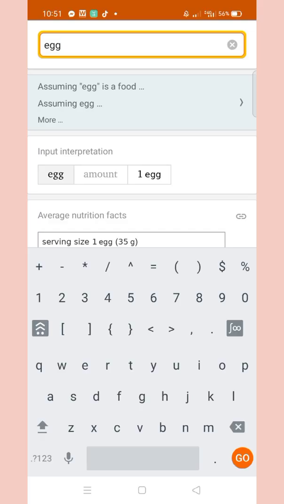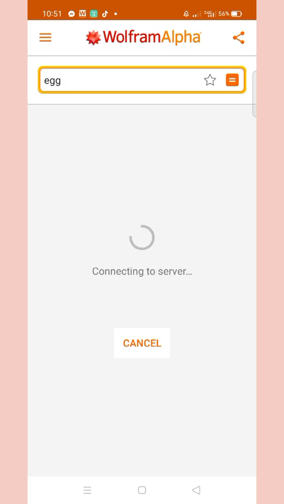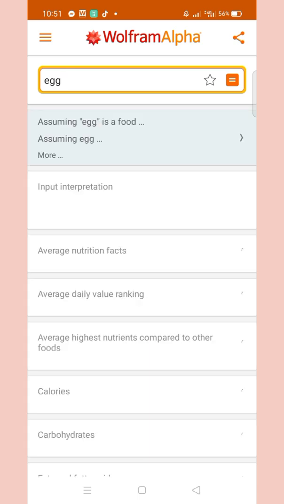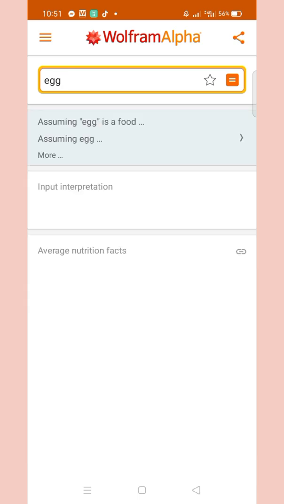There is lots of information we can get when we search Wolfram Alpha. So next is the egg. Egg. Assuming egg is a food,